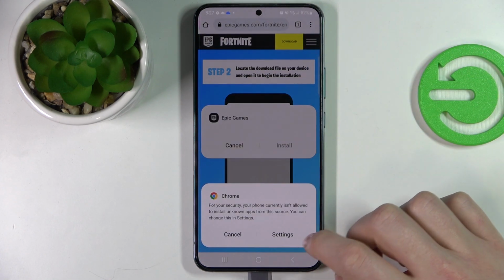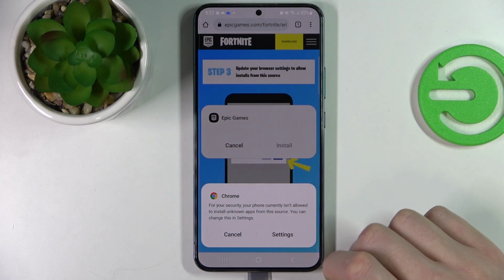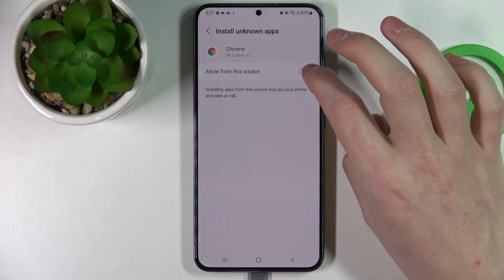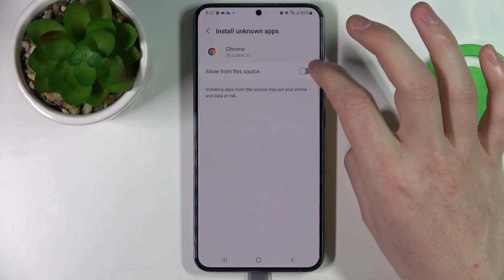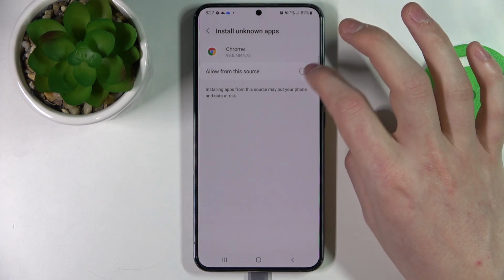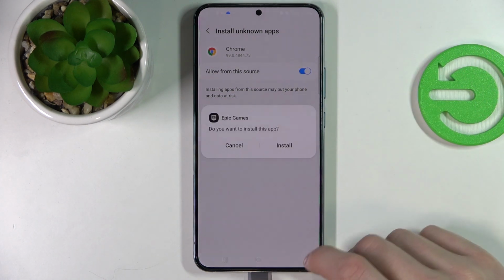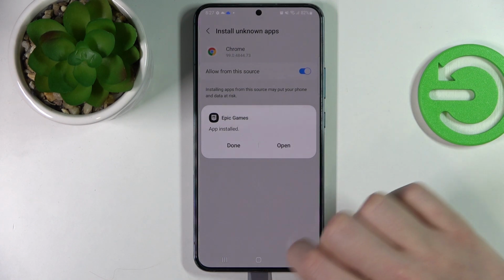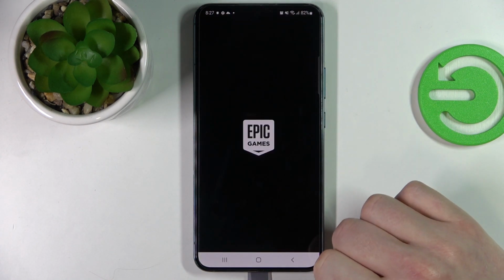open, and you probably need to enable the Install Unknown Apps setting for your Google Chrome or any browser, so it will prompt you with that, and just press enable like that. Now select install, app is installed. We're gonna press open,